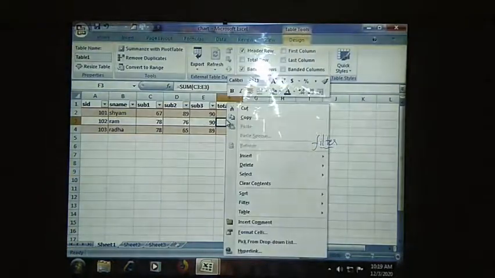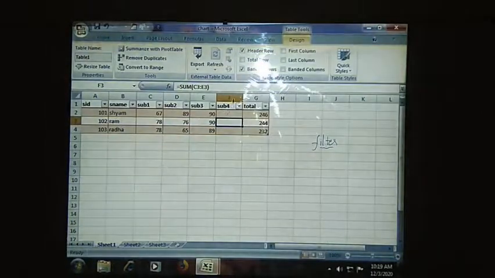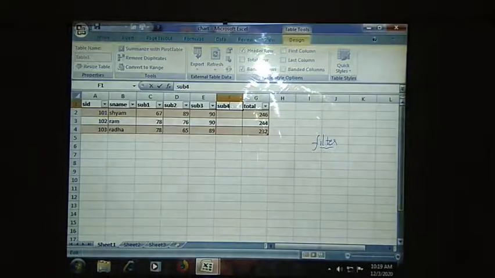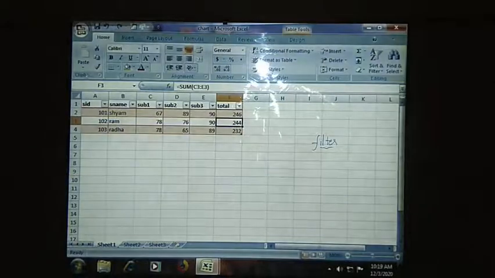I will try to add one more column, that is department. Okay, don't do it here, I will just change. I will add the department details over here.